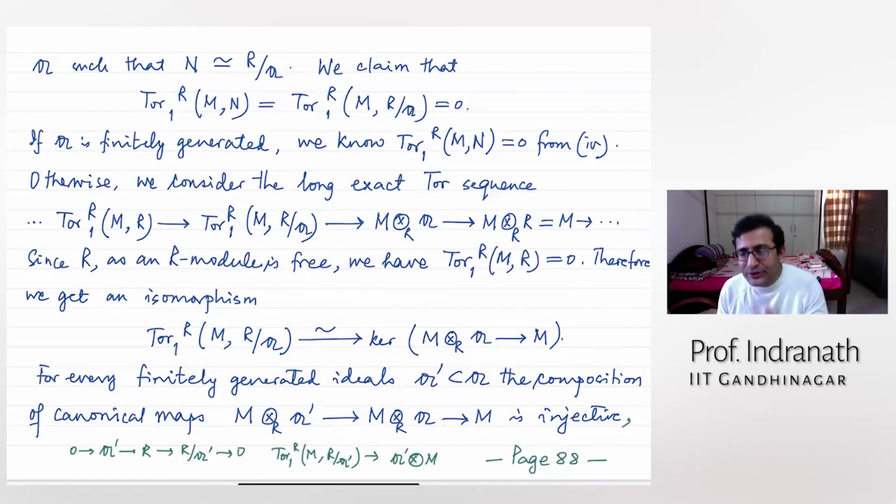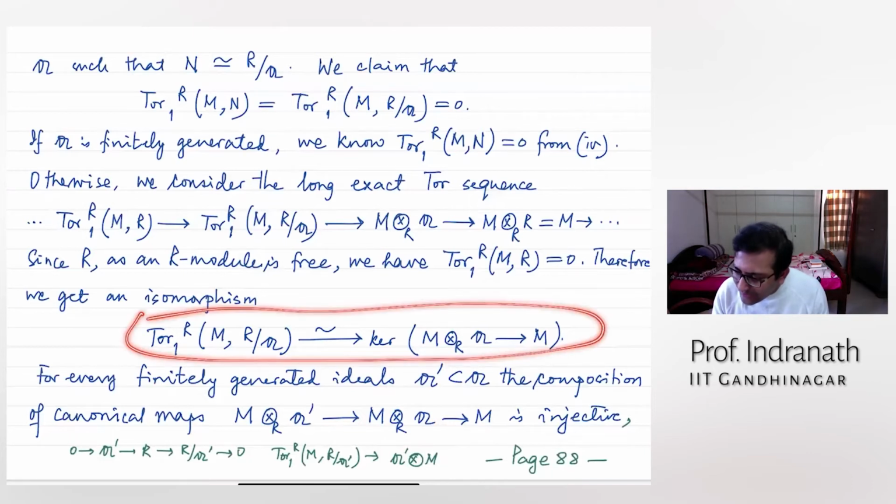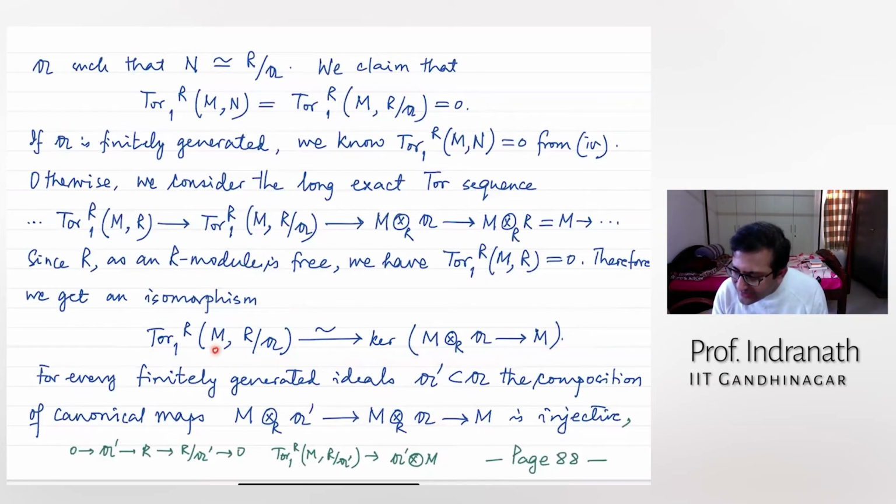Are you able to follow my question? What I'm asking is, here if we replace A by A dash, then this is true, then this is true. And by assumption 4, by hypothesis 4, this is 0. Therefore, the kernel is 0. Therefore, this map is injective. I could have said it straight away, no? M tensor A dash to M is injective.